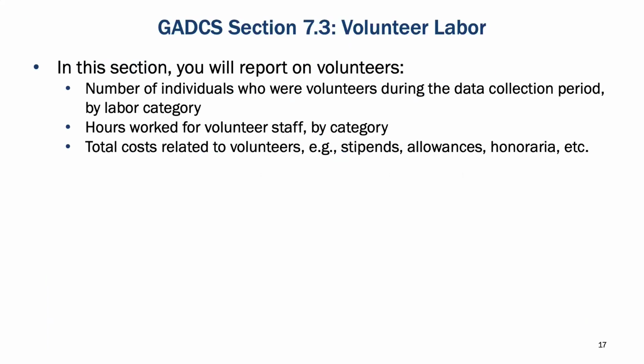Now we turn to section 7.3 on volunteer labor. In this section, you'll need to report the number of individuals who were volunteers during the data collection period. You will report them by labor category according to the rules presented earlier in the presentation. You will also report on hours worked by volunteers by labor category. Finally, on total costs associated with volunteers, including costs like stipends, allowances, or honoraria,